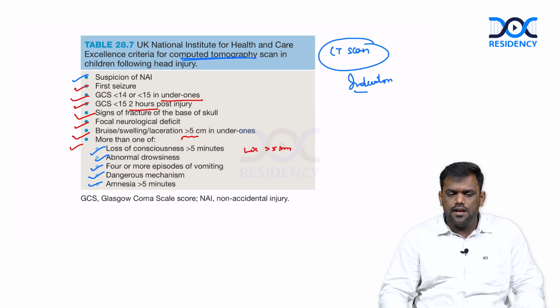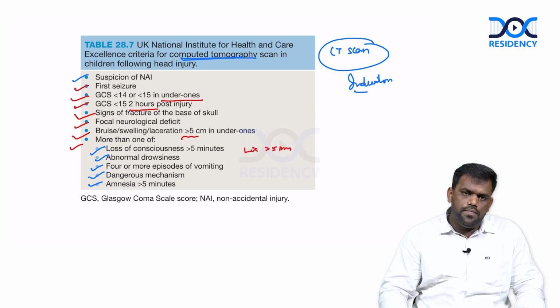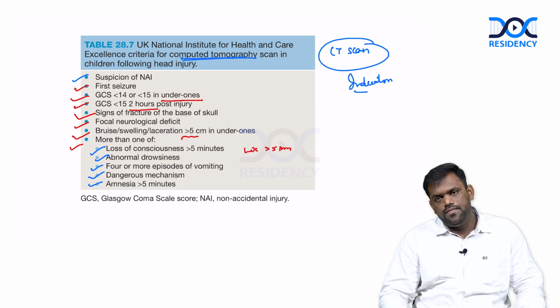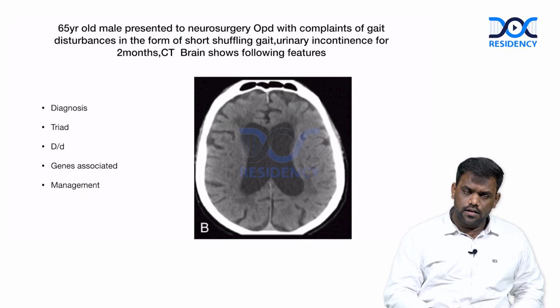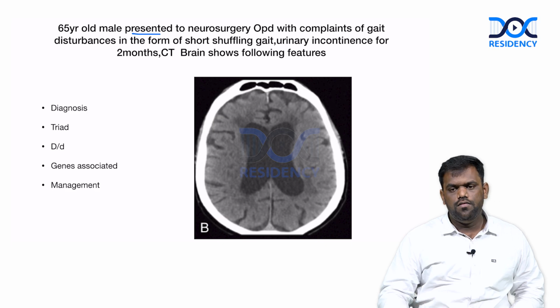than 5 centimeter, and when you have seen any one of these: LOC more than 5 minutes or amnesia more than 5 minutes, or abnormal drowsiness, 4 or more episodes of vomiting, or dangerous mechanism, you take the child for CT scan. So next question: a 65-year-old male